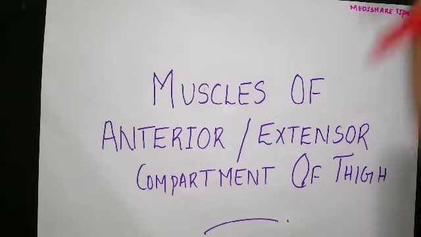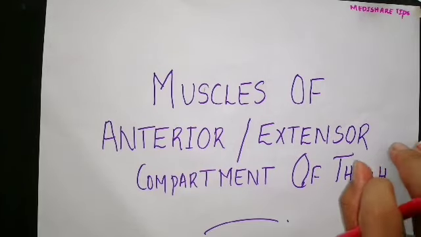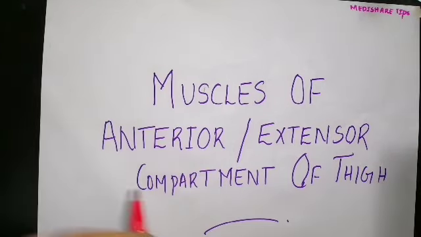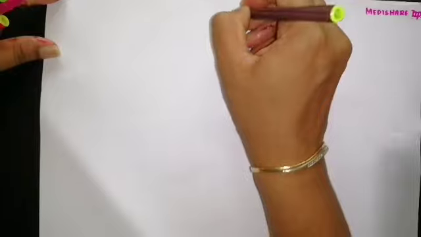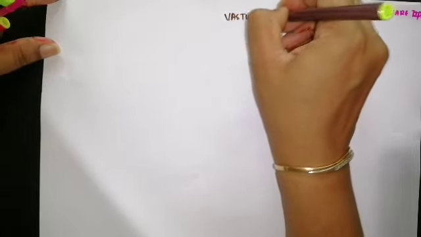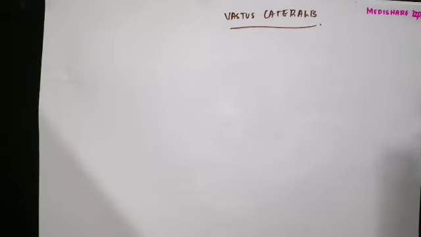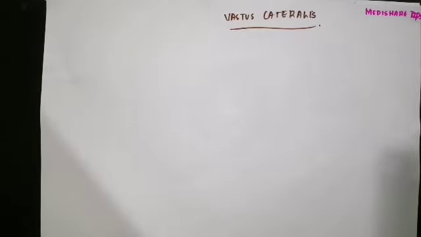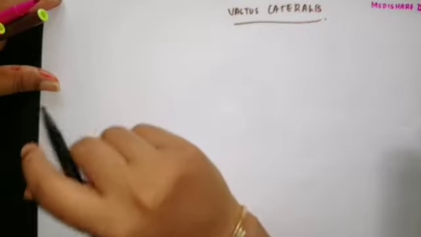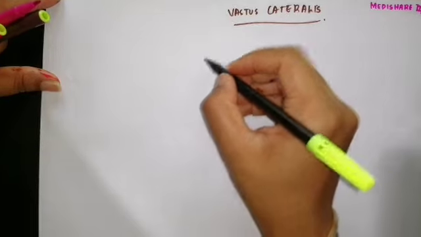Now we are going to discuss the vastus muscle. At first we are going to discuss the vastus lateralis. This is a bulky muscle. Now we'll discuss the origin and insertion of the muscle. For that I will draw the